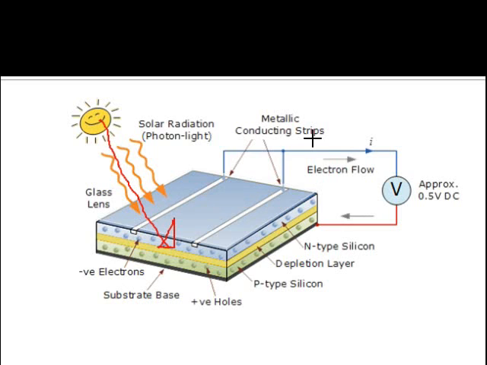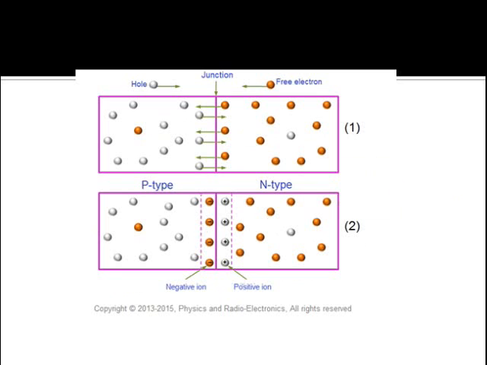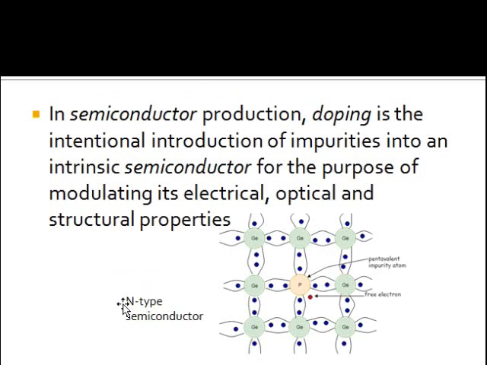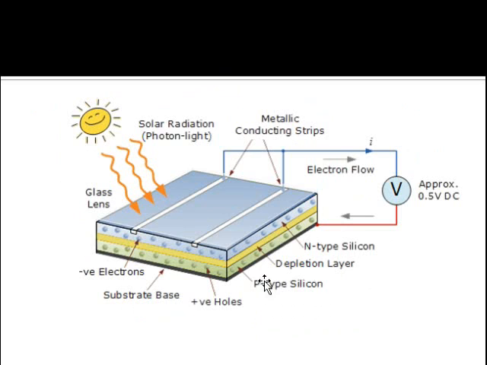I will just explain the pictures. You have understood the concept of how PN junction is formed. In this you have seen how PN junction is formed and how N-type semiconductor is done. Now we will discuss the actual working of the solar photovoltaic cell. First I will explain the parts.